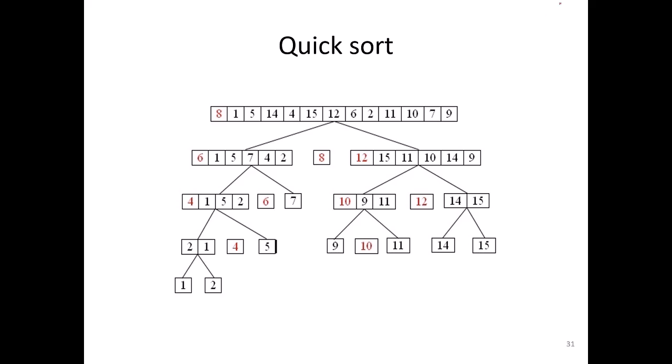If the j pointer condition fails, just swap a of i with a of j. While incrementing i and decrementing j, when i crosses j, just swap a of j with the pivot element. This is the condition. After completing the pass, the pivot element is placed in the correct position, which never changes. The elements which are less than 8 are placed on the left side, and the elements which are greater than the pivot are placed on the right side.